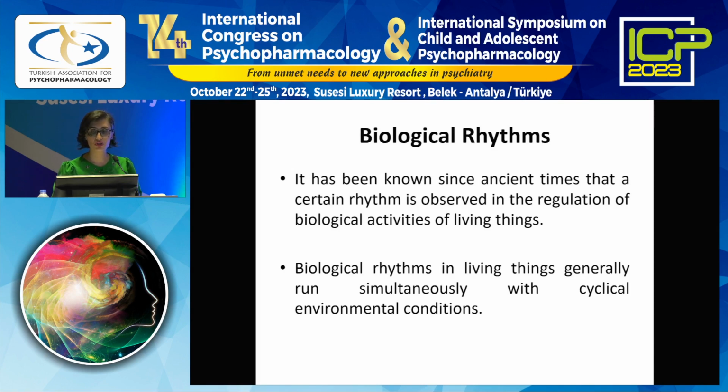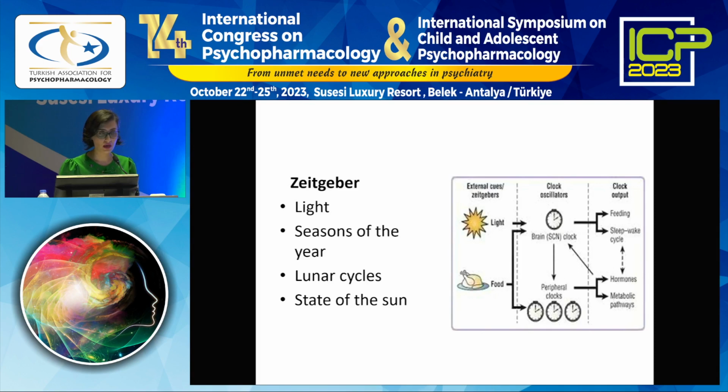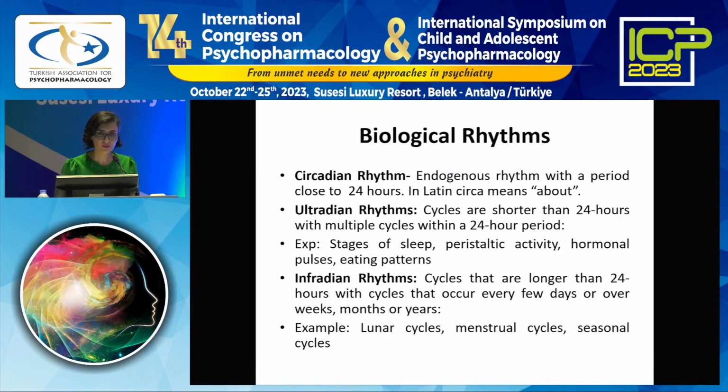Since ancient times, we know that living creatures have a rhythm, a biological rhythm, and this biological rhythm is affected by environmental conditions, and it is a cyclic one. As mentioned by the previous speaker, we have an inner rhythm and outer rhythm. Zeitgeber is the term we use. It's the timer we have. And light is very important for circadian rhythm. Seasons of the year, lunar cycles, and state of the sun are also important factors that influence the biological rhythm. These are important environmental cues, and they have cyclical